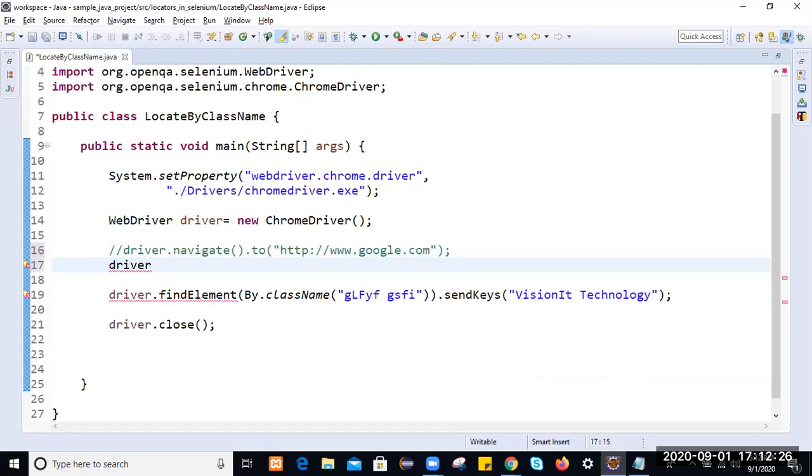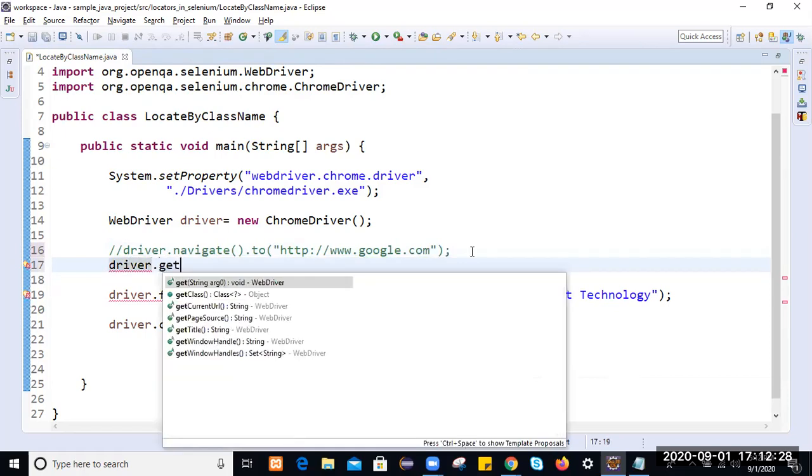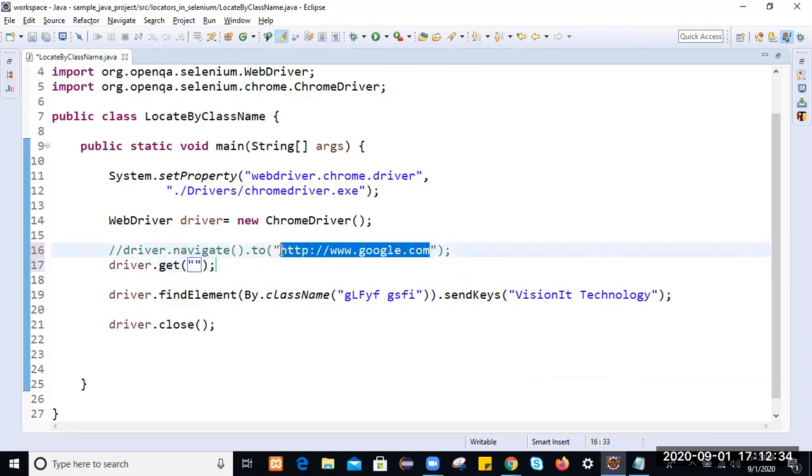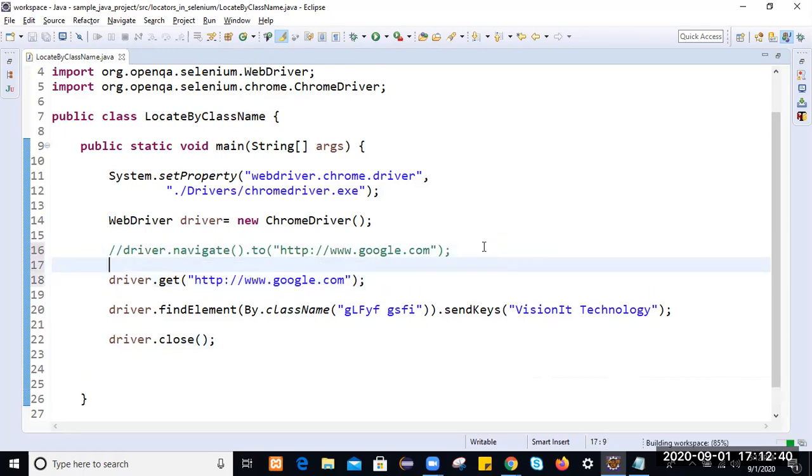Driver dot get method can also be used to navigate. It will load until all the web elements on the page are loaded. So if you run it by using driver dot get also,